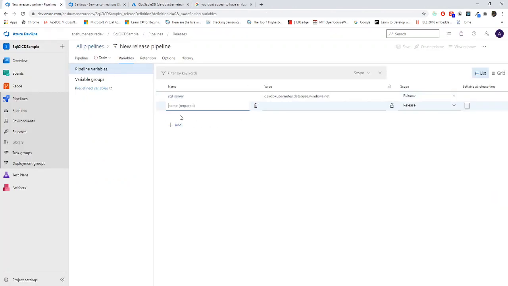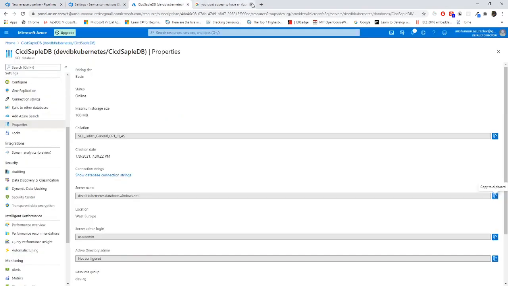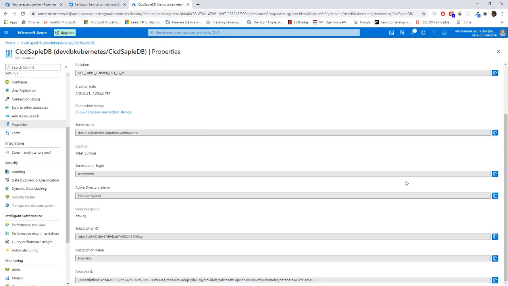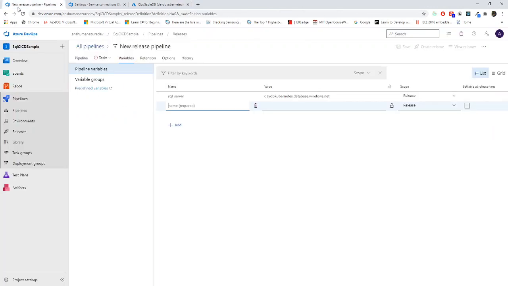Now I'll add the login. Login is the user admin. I'll add SQL login and paste it. Then SQL password. I'll mark it as secure and type it now so that it will not be exposed to any other persons.